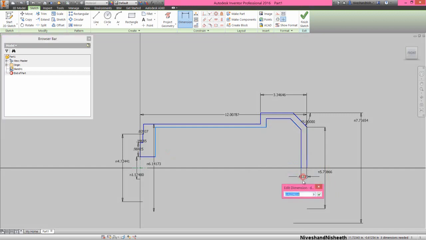Set the dimension between these two lines 0.118 inches.